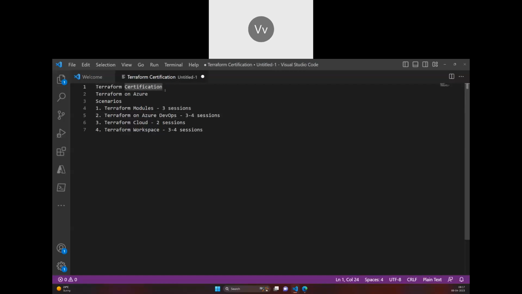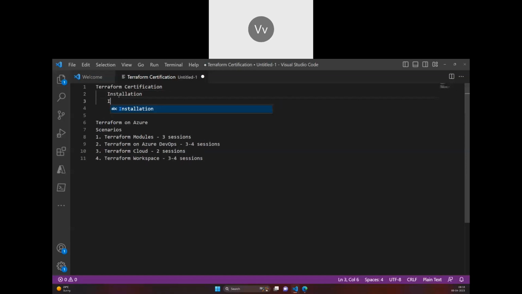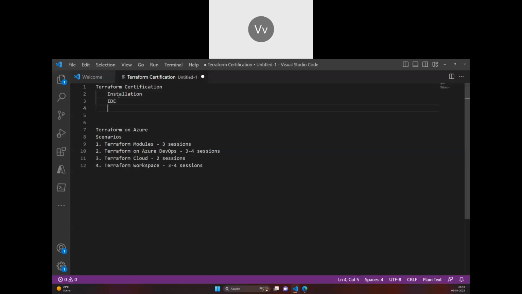there are some concepts involved in it, and that's what we will try to cover. And what could that be? Could you give me any idea on that? Yes, I'll do that. So in certification, we go for making you understand how we do a Terraform installation. And then we go with what IDE. See, if I'm choosing an IDE, I recommend Microsoft Visual Studio Code because this is one of the most used tools in the market, and so I'm preferring the IDE as one solution.